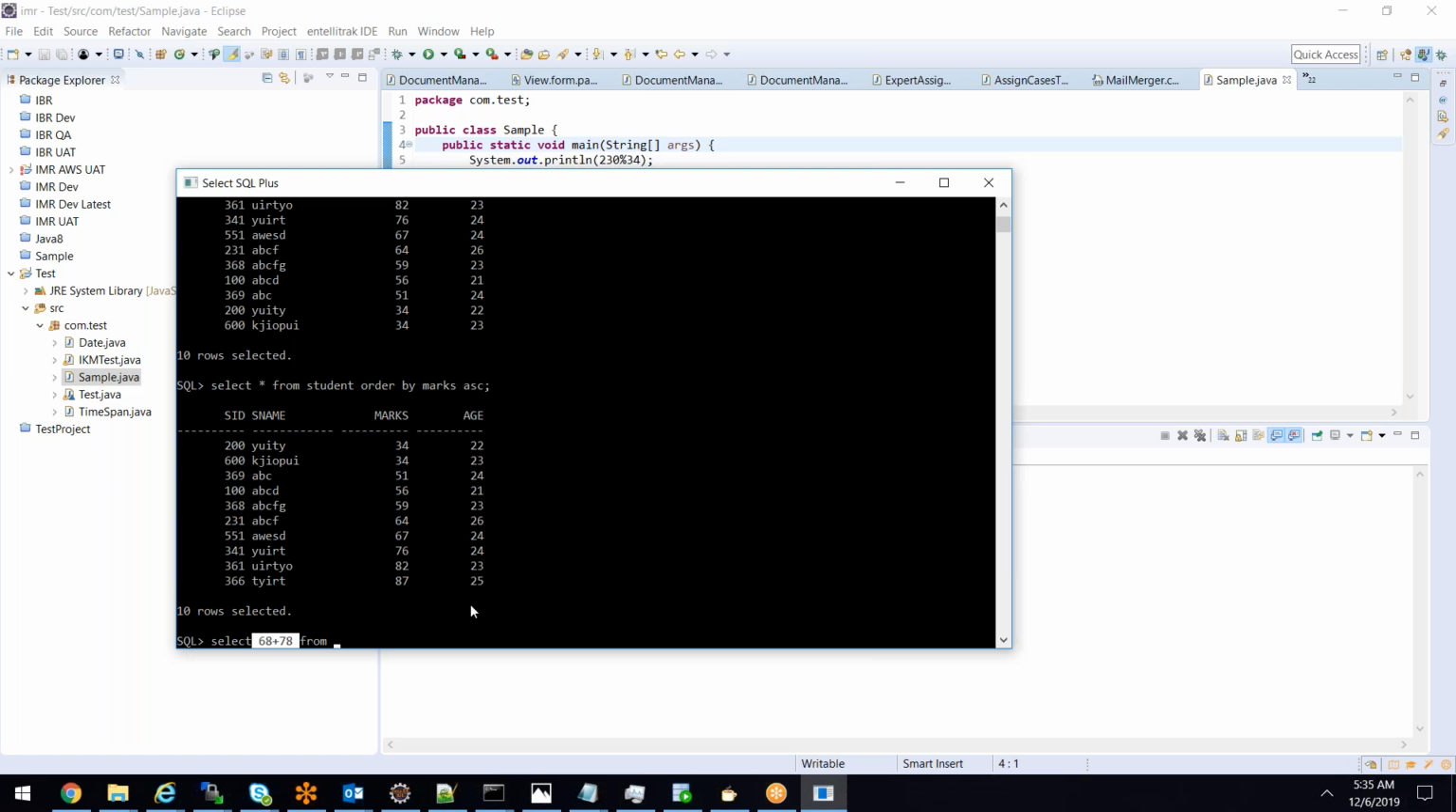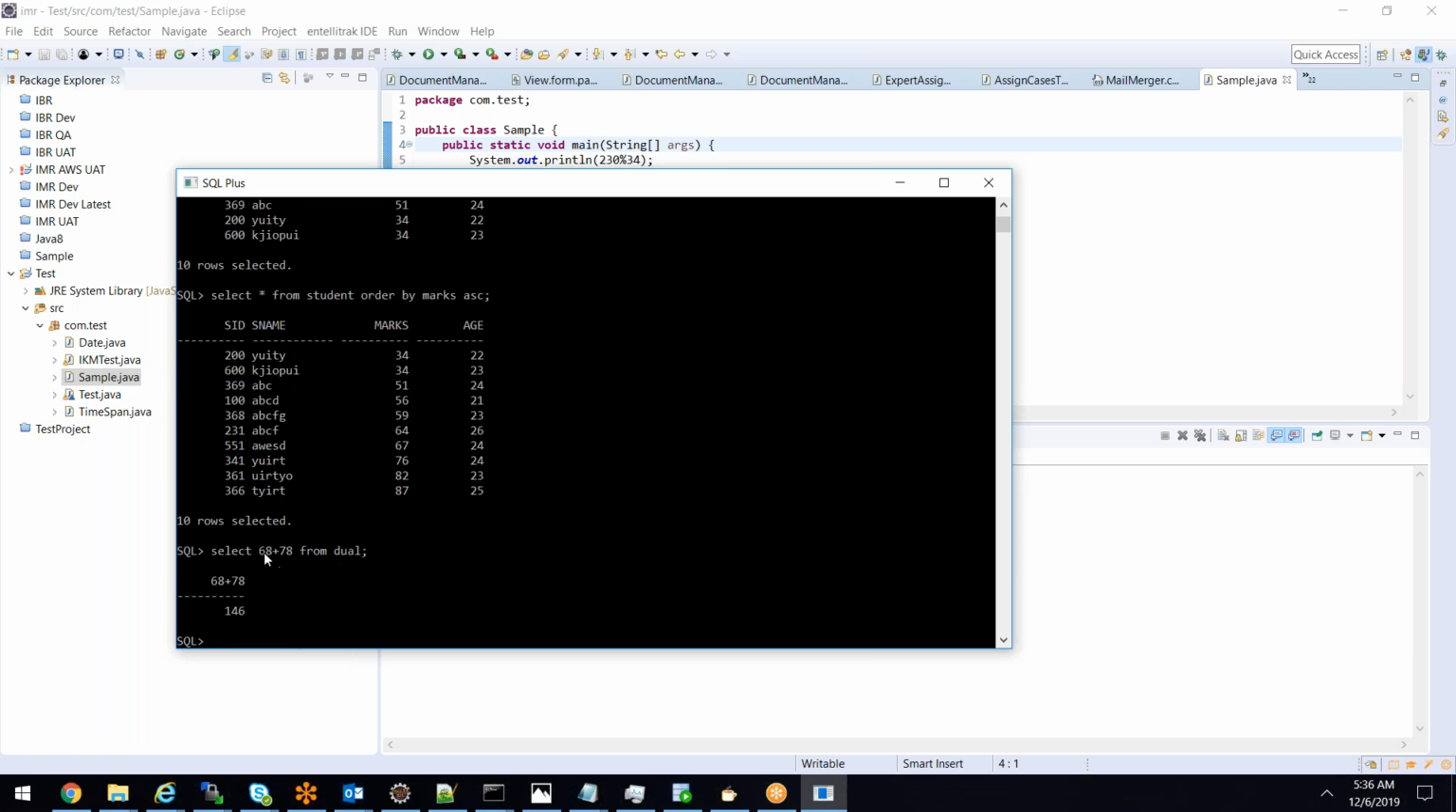So then what table name do I have to give here? There is no table, right? So there is a special table in the database called dual. I'm talking about the Oracle database, okay? There is a special table in the Oracle database called the dual table. So if you use from dual, it will calculate the sum of these two numbers and give the value. Getting it? For example,